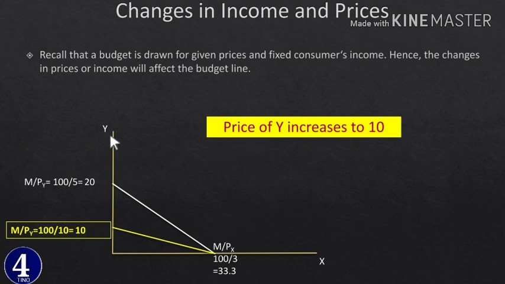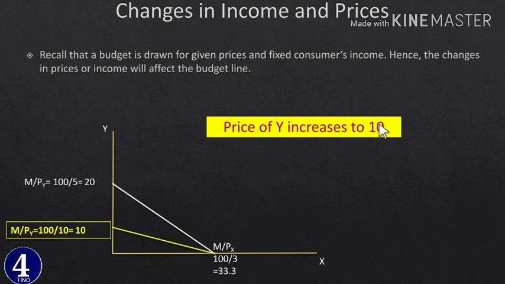is price of y increment. ምን ያመጣል? ይሄ ኮንስታንት ስለሆነ ምንም ቼንጅ የለውም፣ m is constant. የተቀየረው price of y ብቻ ስለሆነ price of x is also the same. ስለዚህ ያሁኑ የዚህ የቢጫው በጀት ላይናችን አዲሱ የx ቫልዩ ስንት ይሆናል? እዛው 33.3 which is the same because there is no change in m and there is no change in px ማለት ነው። Now the change is in py ነው የተቀየረው።